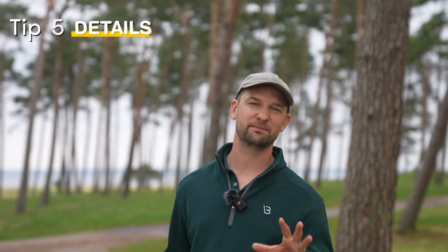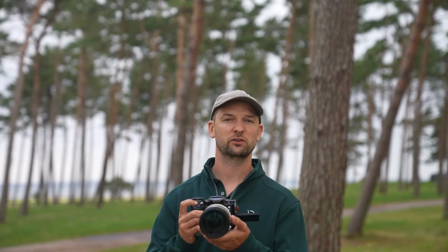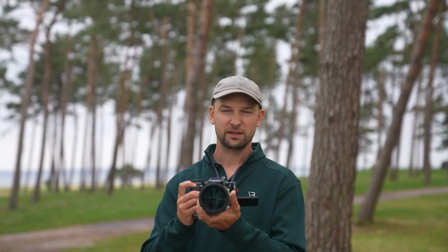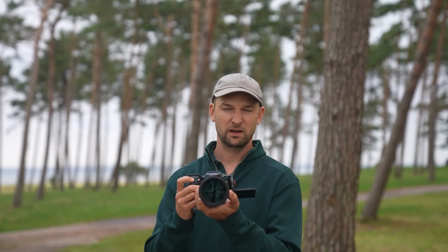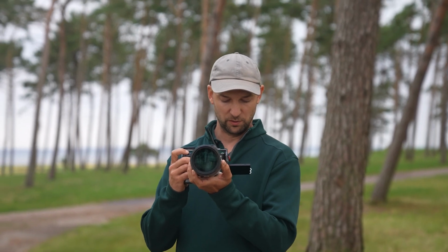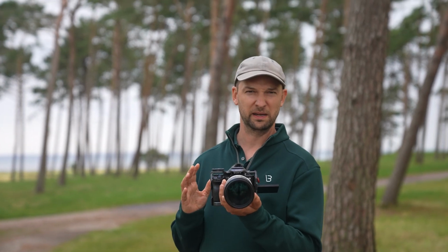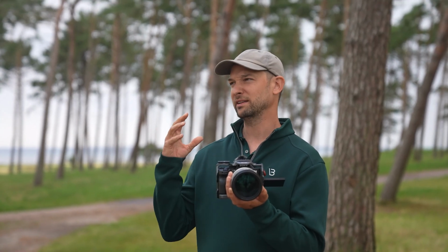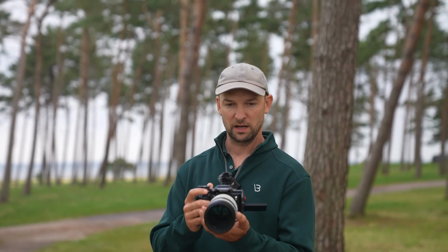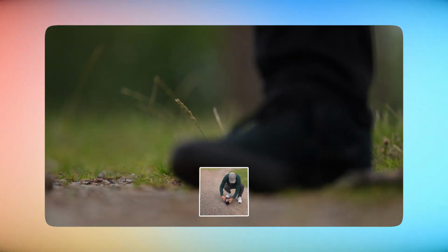All right, so tip number 5 is details. So some of the pictures you're taking, try to take some unique pictures and try to just have fun when you're taking pictures and creating details of weird stuff. Sometimes the weird stuff is actually things that make it a little bit more interesting in the pictures. Let's say you take pictures of a mingle, and usually you're just thinking about, oh, I need to take pictures of people. But sometimes it can be more interesting if I take a picture like this on the feet, for example,